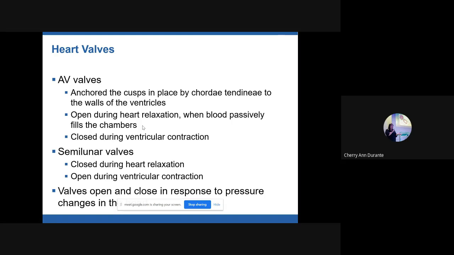So, they're closed during heart relaxation and are open during ventricular contraction. As you can see, they're the opposite of the AV valves. The semilunar valves should be closed during heart relaxation so that the blood can fill up the ventricles, because the semilunar valves are closed. So, if you recall,